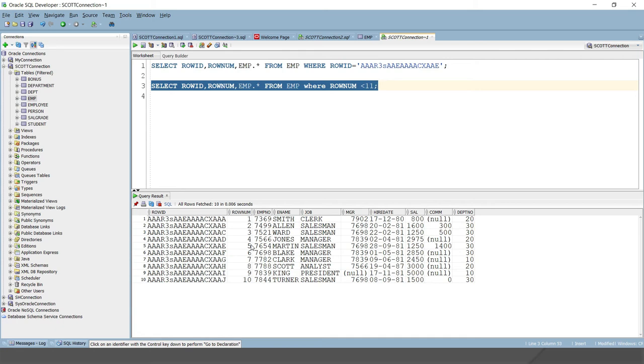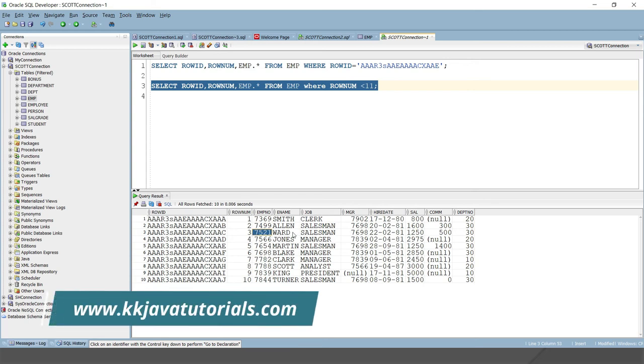Again, the row number of the records might change if order by clause is used in your query. If you use order by clause, that means let's say this record comes on the third position. After applying the order by clause, let's say this row comes on the fifth position, then for this row num will be assigned as 5, something like that, right? So these things you will have to keep in mind, right?